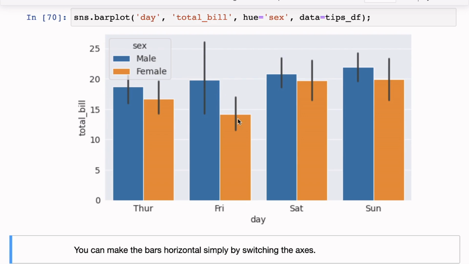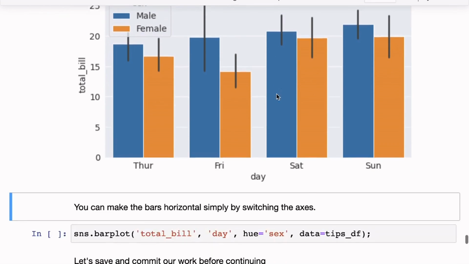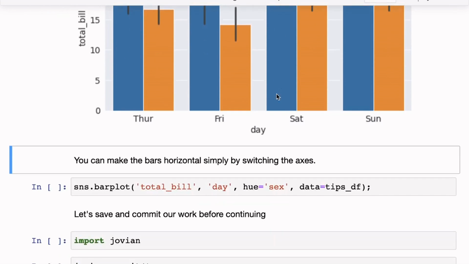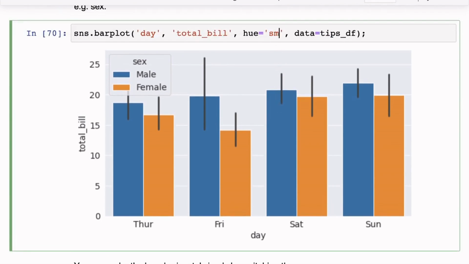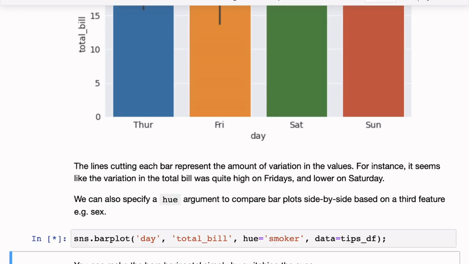And then you can look closer into the data set. Maybe you can go and investigate and figure out why this is the case. Why is the total bill lower for females? And similarly, you can just filter on smokers. Let's see if the average bill for smokers is lower or higher.